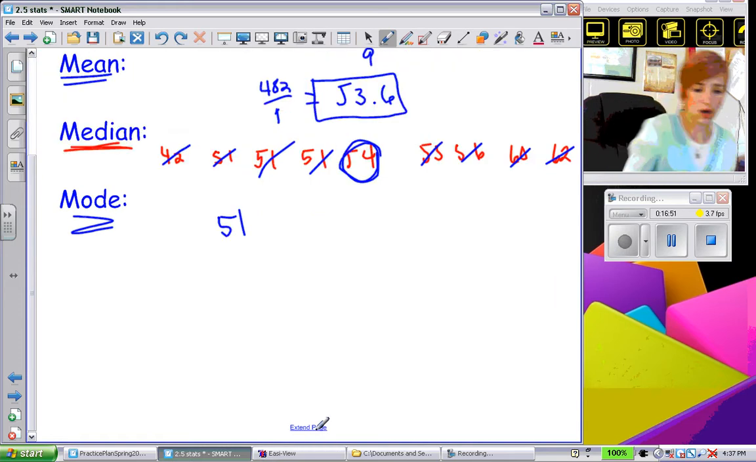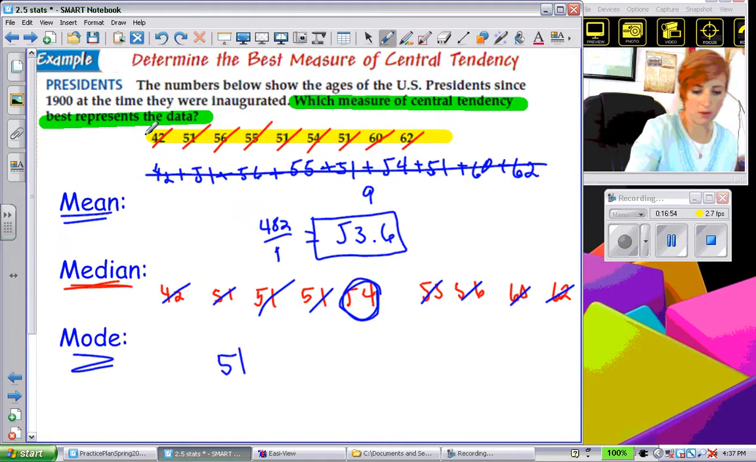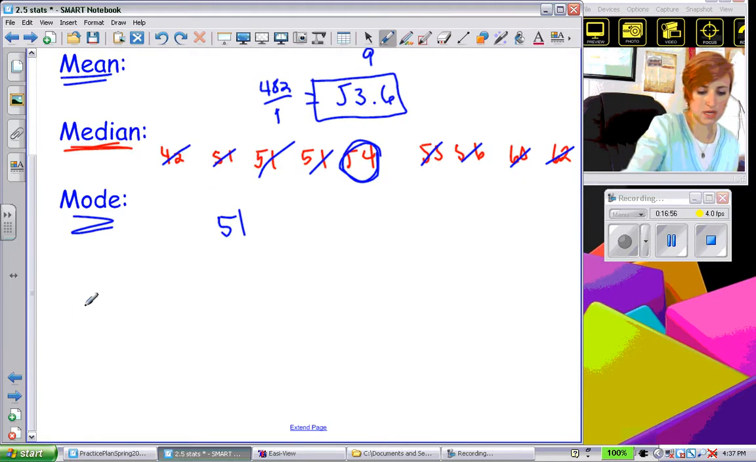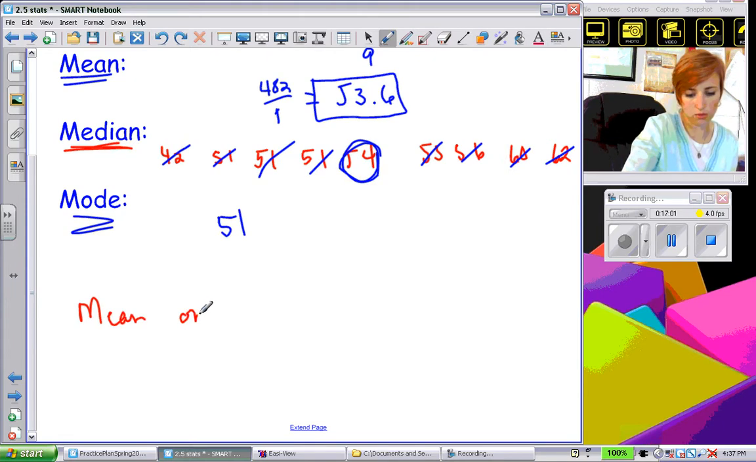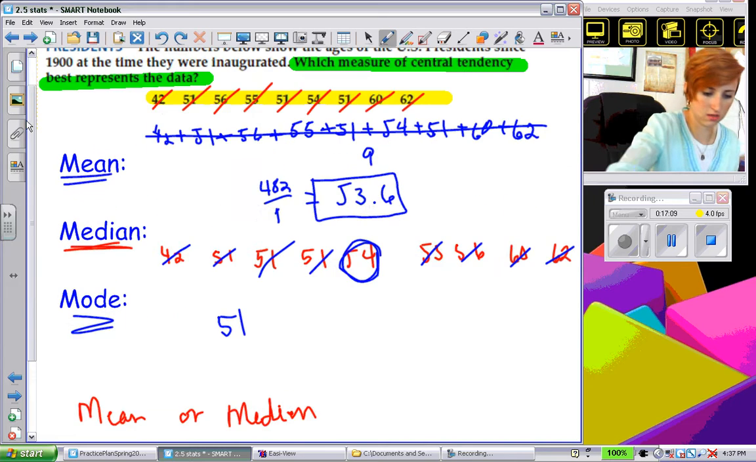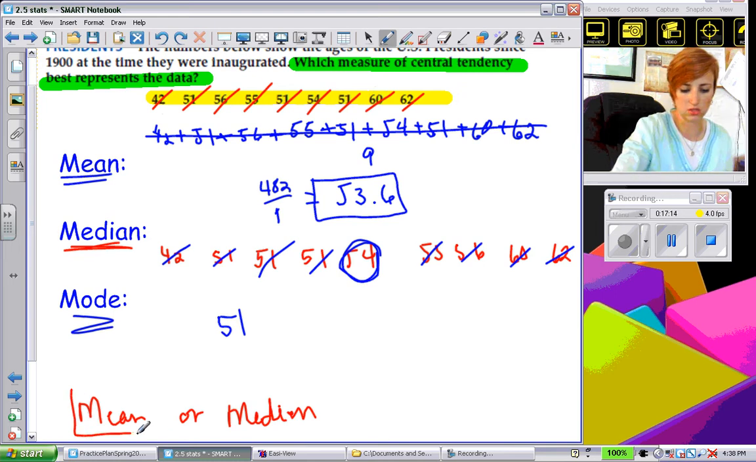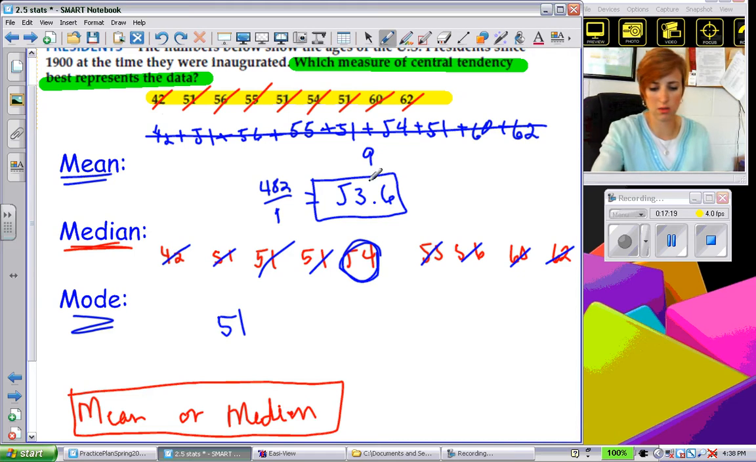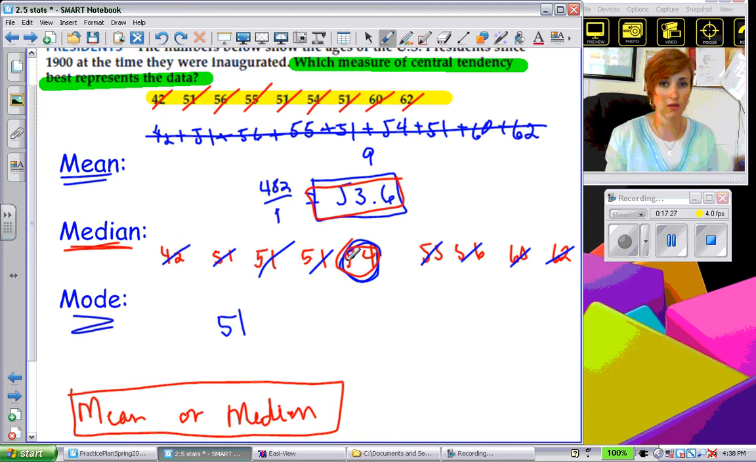So our best representation of the data is the mean or the median. So for this one, the mean or median would be best. And then we're asked that, whenever you look across your data, just look to which one best represents the data. And for this one, like we said, it could be mean or the median, but the mode's a little too low. And that's it for our line plot, our stem and leaf, and